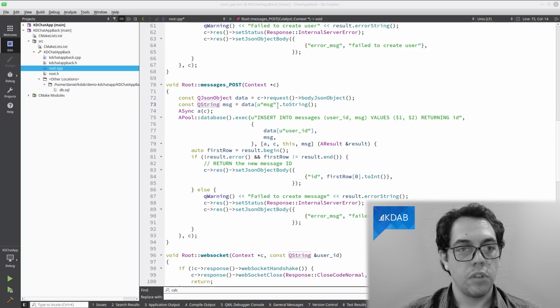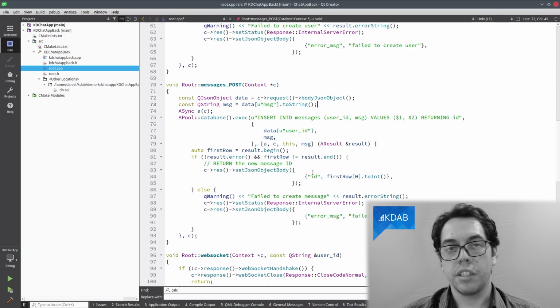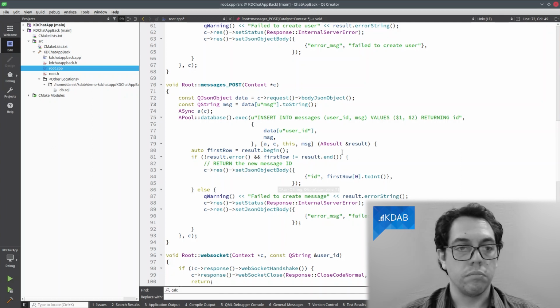So the JSON object data has the user ID of the mobile user, and also has a message, which we explicitly extracted here before. And we just go ahead and insert into this message and return the ID of the message. We return the ID of the message so that the client mobile application can filter when it receives a new message notification. So the rest of this code is pretty much the same.